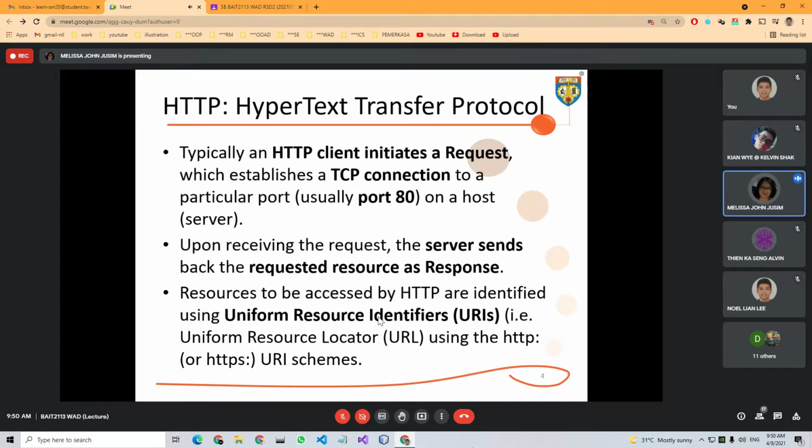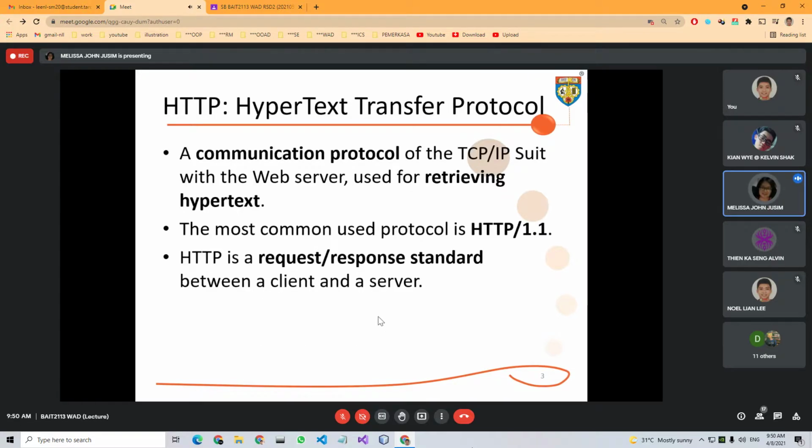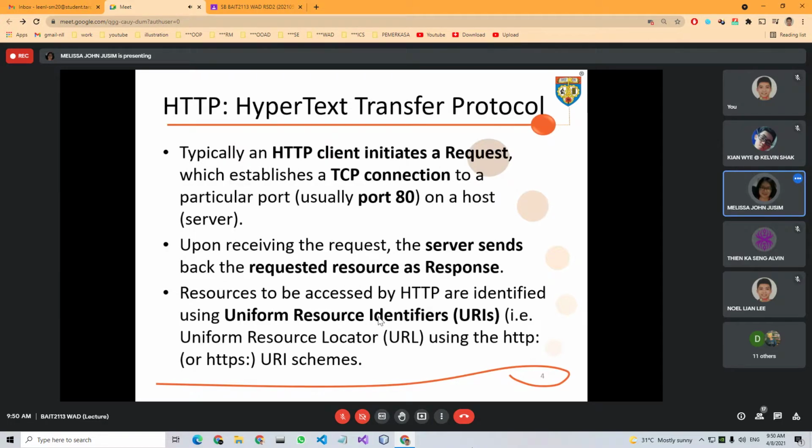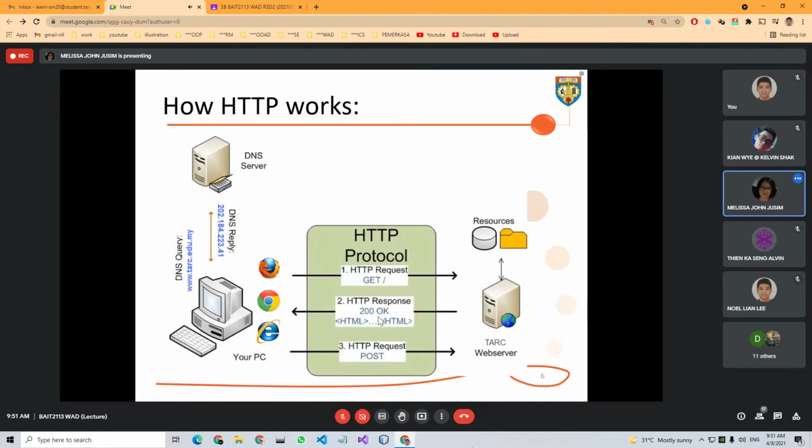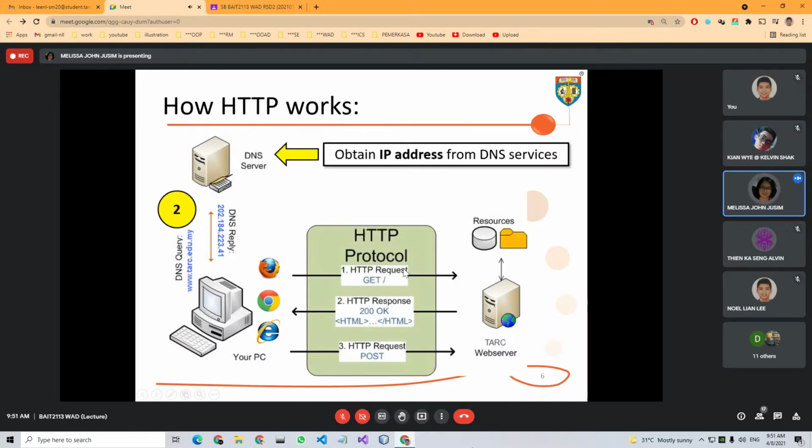So if you go back to the previous slide, this is a request-response standard between a client and a server. There are a few diagrams shown here. Let's look at this step by step. First step, the client will initiate the request, for example by typing the URL into the browser. What happens next?